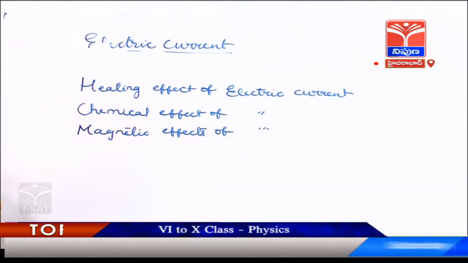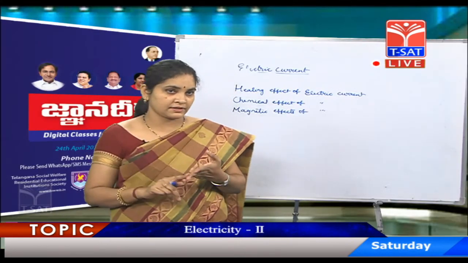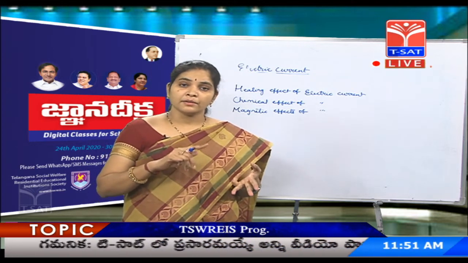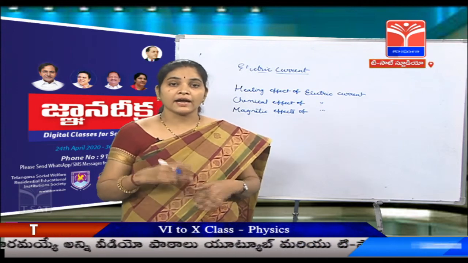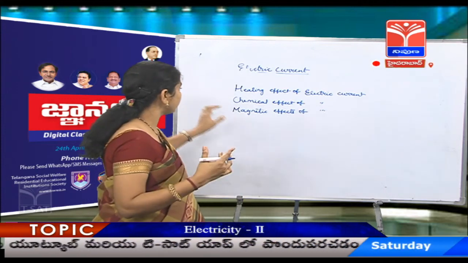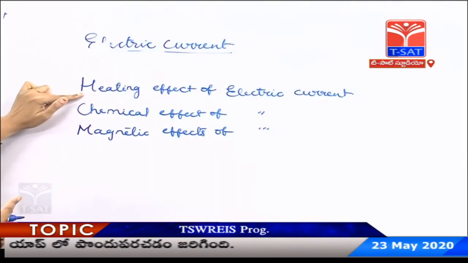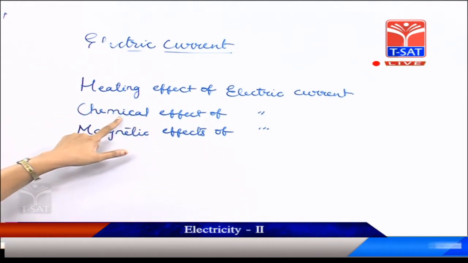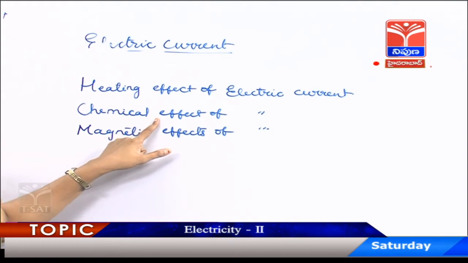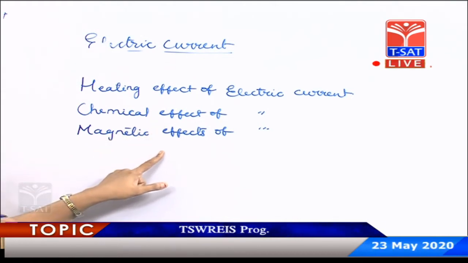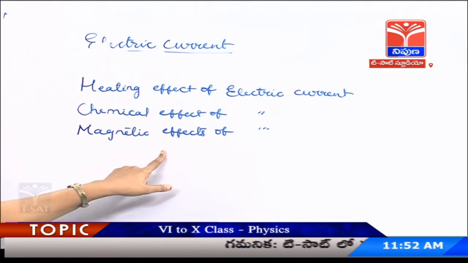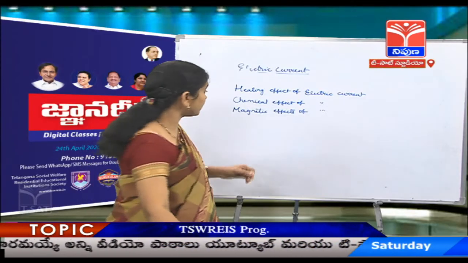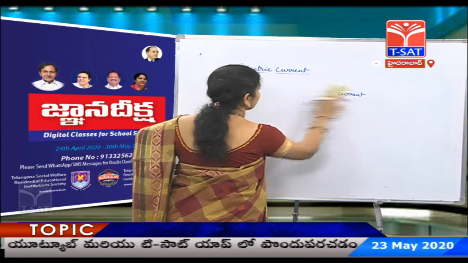current. So, totally we have discussed 3 different types of effects: heating effect of electric current, chemical effect of electric current and magnetic effect of electric current and their applications in our day-to-day life. Here fuse, electric iron, etc. are the devices which use the heating effect of electric current. Electroplating uses the chemical effect of electric current, and electromagnets used in dynamos, electric motors, MRI scans use the magnetic effect of electric current. Now, children, let me ask you a question before I go to the next topic.